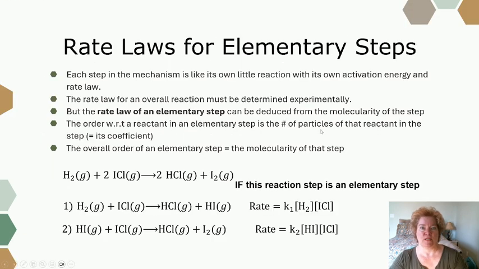So more information. If it is an elementary step, and as I just said, there's no way to really tell. So we can only do this for elementary steps. It turns out that the rate law for an elementary step can be deduced from the molecularity of that step. The order with respect to a reactant in an elementary step is the number of particles of that reactant. So it's its coefficient. But this is only true, and I keep stating this again and again. We can only say that the order with respect to a reactant is its coefficient if the reaction we're considering